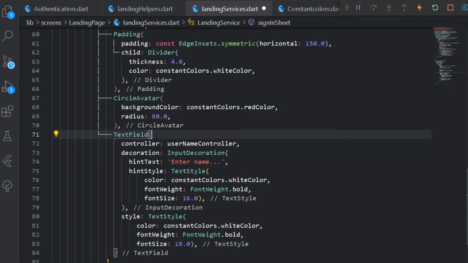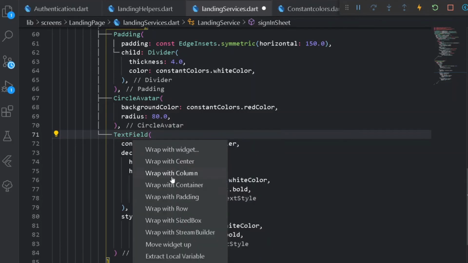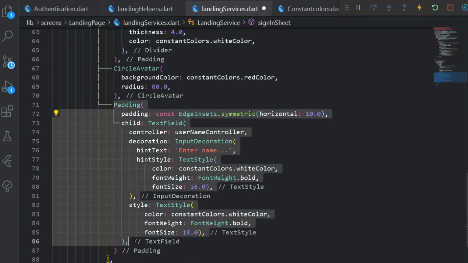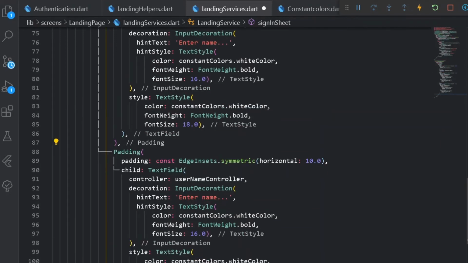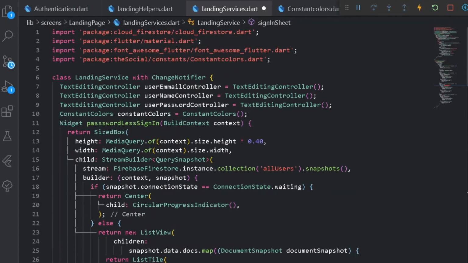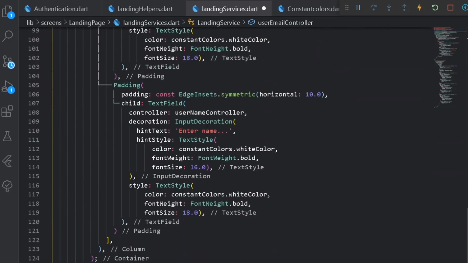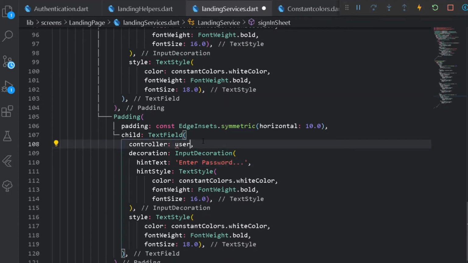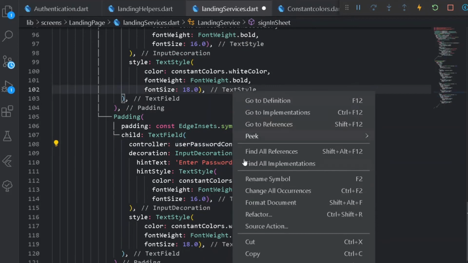So once we are done the following changes, let's have somewhat padding for our container from symmetric, from horizontal for a 10:1. So after having the following text field, I can copy the entire padding and paste it twice. Let's have different controllers for email controller, or at double M, or at we don't need double M but a single M. Cool. So once the following thing is done, we shall be having enter email one, or at not enter but enter email. Let's have enter password, user password controller, usual things.